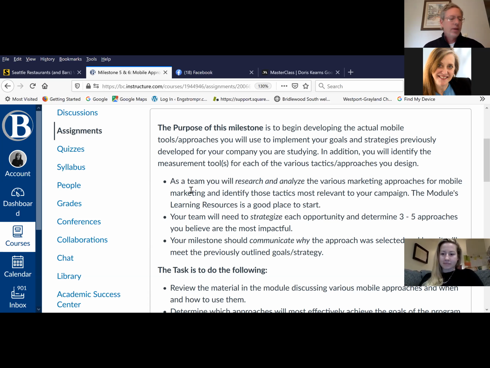But I also like the way that Cheryl was talking about how you can measure these, and I know a lot of this is stuff that you're having to make up. So make it somewhat realistic, but based on the research that you did on your competitors and on your customers, I think you can go, okay, if this is the first time we're ever advertising and we need to generate brand awareness about our product, then we're going to run this many ads on Facebook or this many ads on Instagram, or we're going to do the mobile advertising through another channel. How many times a week are you going to do that?